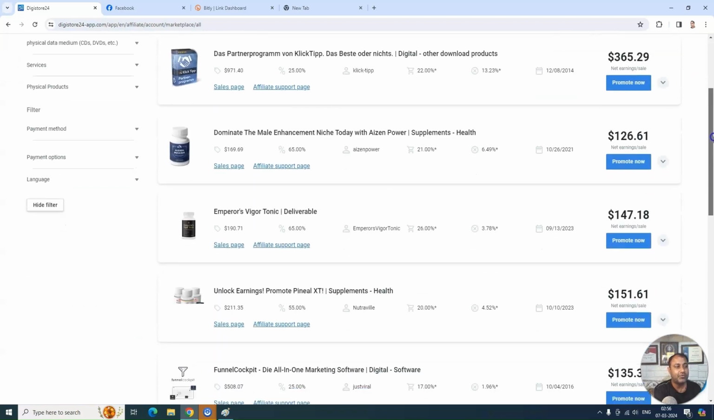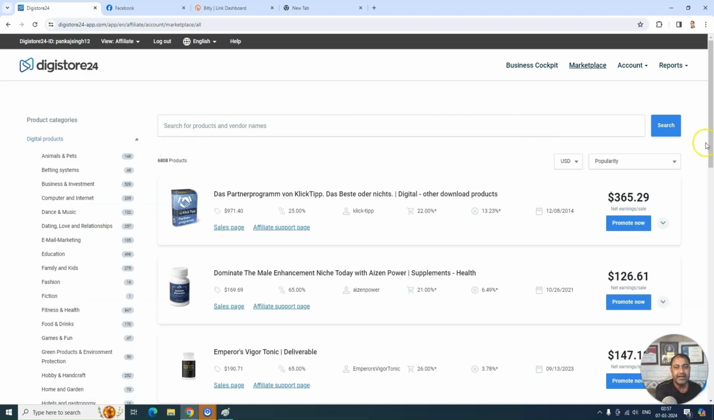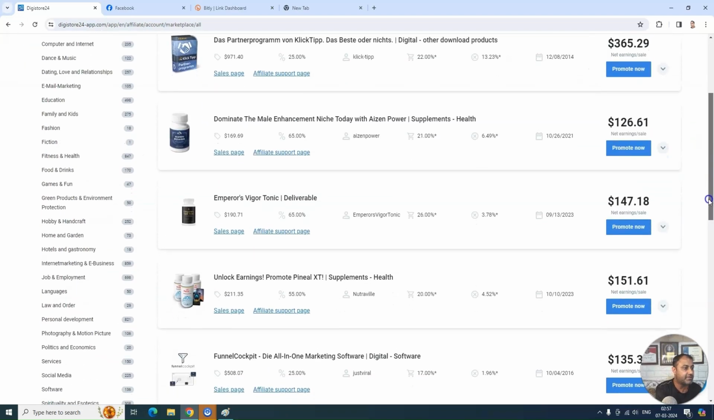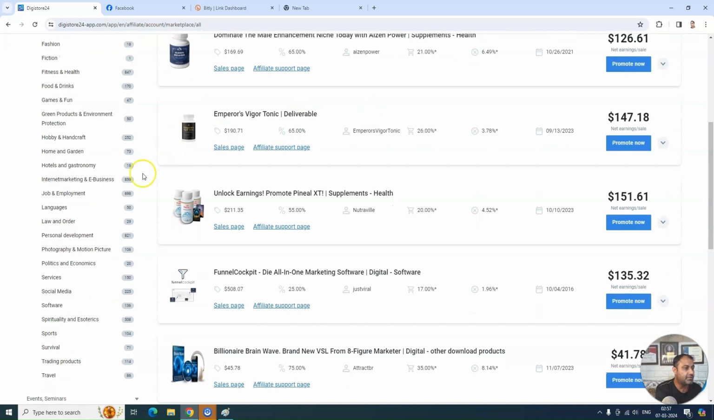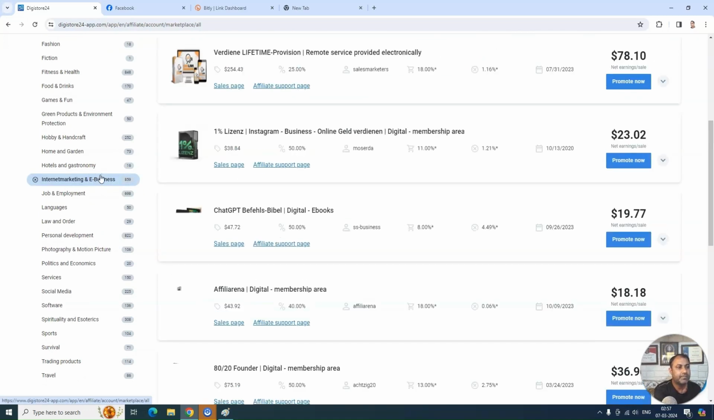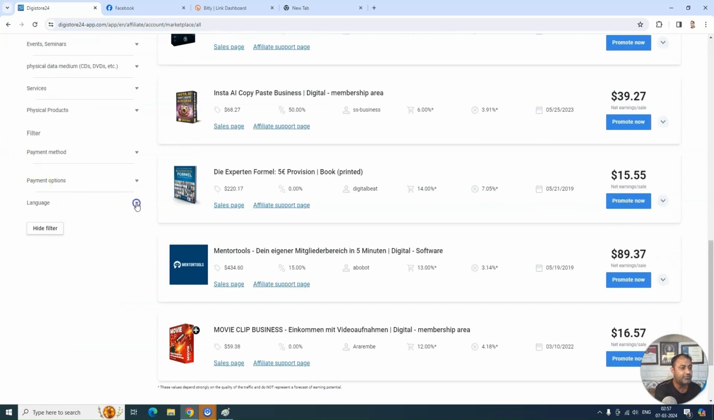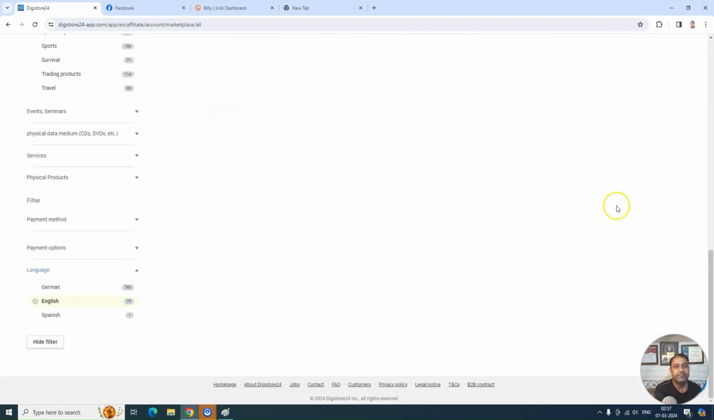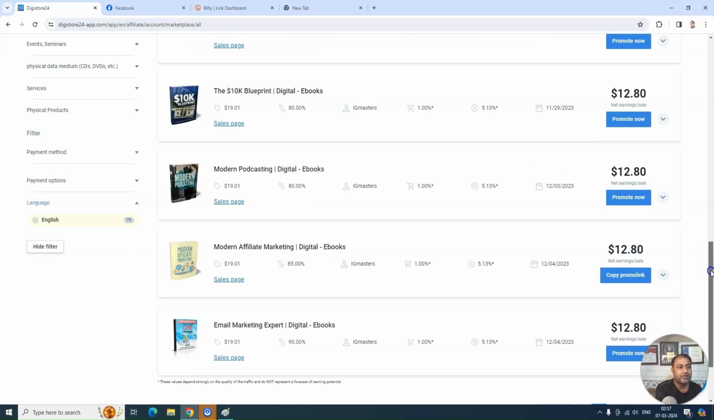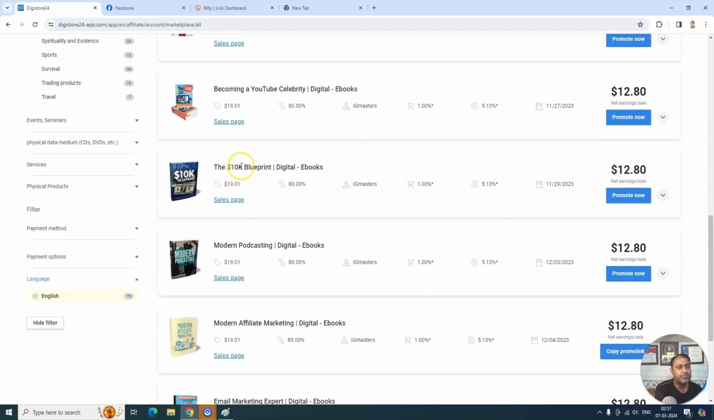and here you can select the product that you want to promote. So let's zoom. Here I'm going to pick the category. My category is internet marketing and e-business. And just one more thing I have to do here, I have to select the language. So I want to pick English language. Now that's fine. So let's assume I'm going to promote this product,